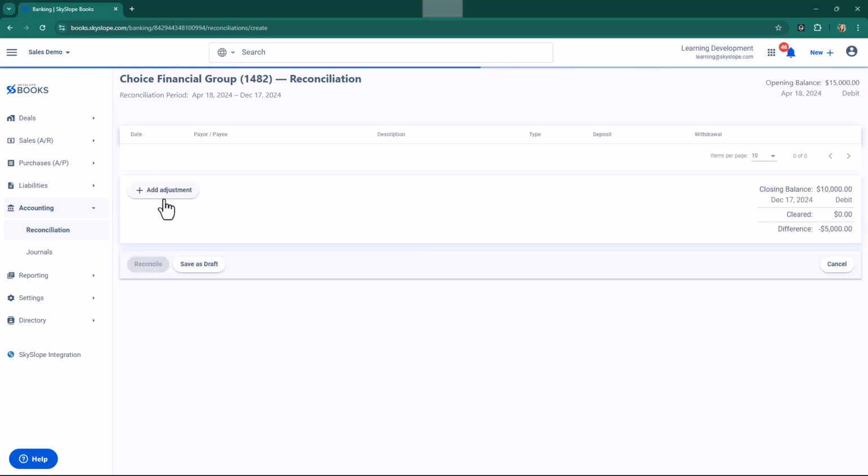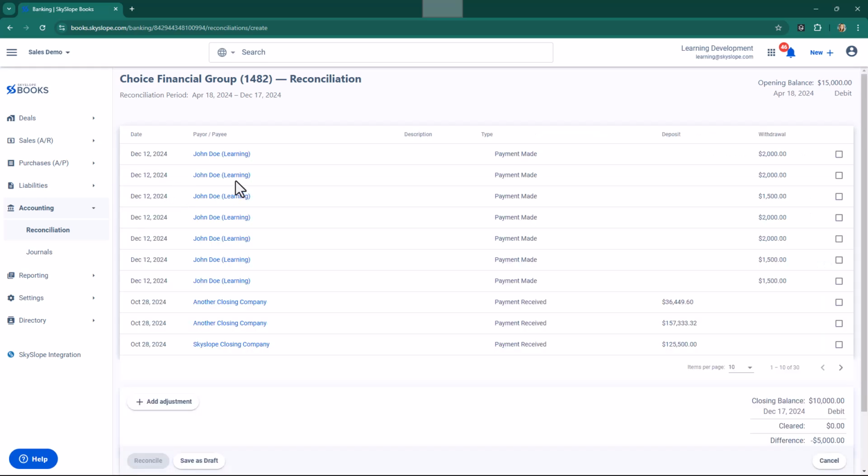And then once I click Start Reconciliation, it's going to go ahead and take that opening balance that was entered. This is a different account that I came into. So it'll take the opening balance for that account that was added in the opening balance screen. It'll take my closing balance, and then it'll show me all my transactions. Now, if I had already matched my transactions as I showed you earlier that you can do on your bank feed, there would be a little link button next to all of these, and then a little checkbox up here where I could just say add all previously linked transactions. It would check all of those boxes for me, and then I can move forward and make sure everything matched